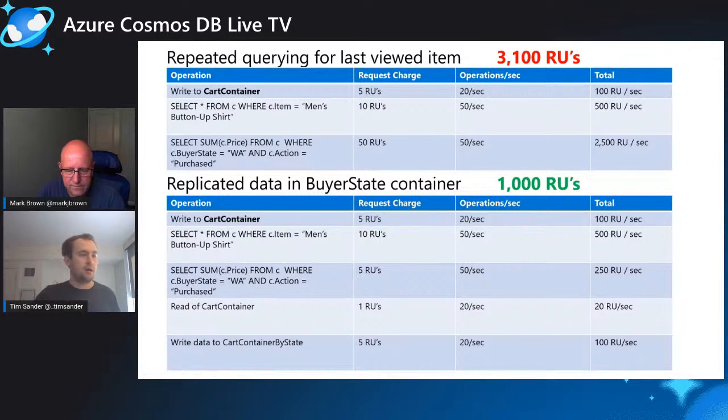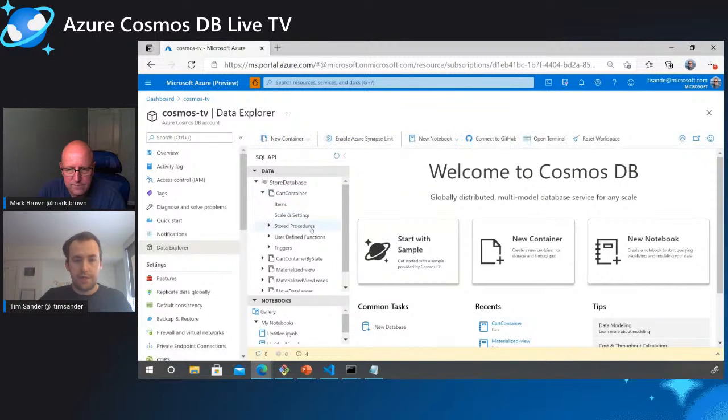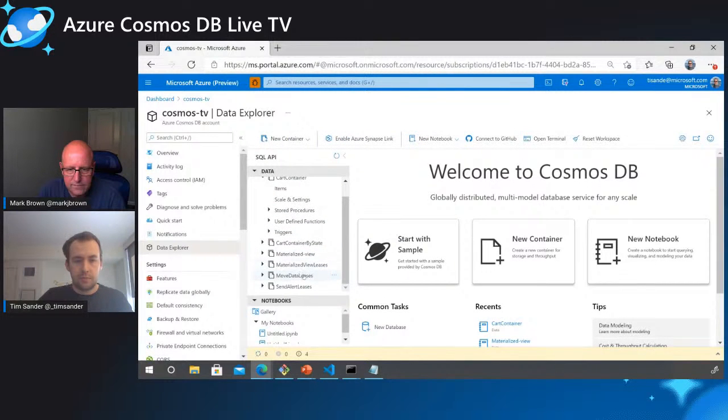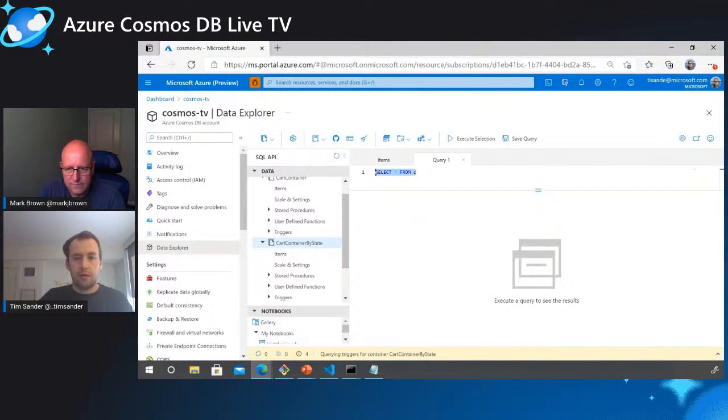Since we ran the change feed processor for a while, and I had actually run this for a while earlier today, there's quite a bit of data in here already. If you remember, when I ran the aggregate query against cart container, it cost me about 30 RUs. If I run the same query, but against, which one do I want? I want cart container by state, right? It's just the data partitioned by state. If I run it here,